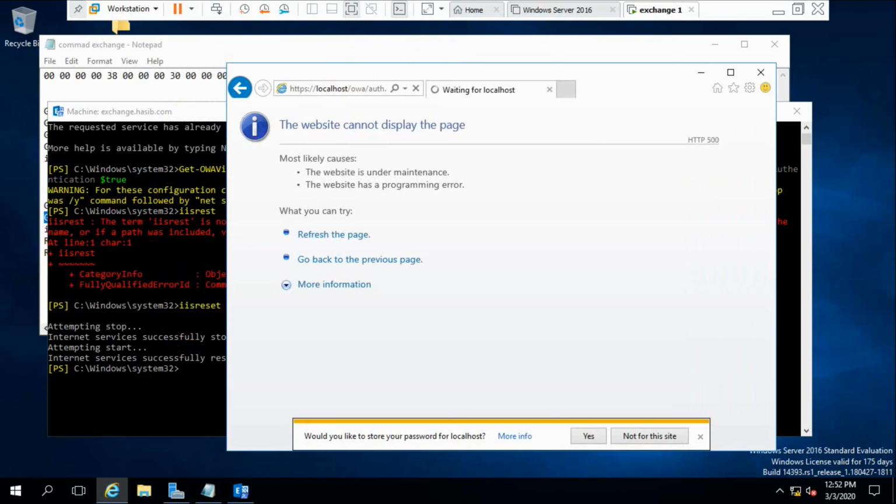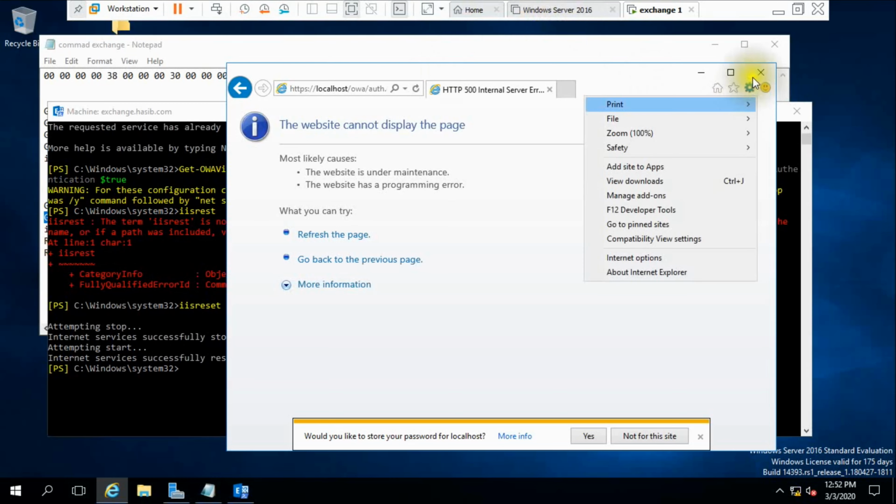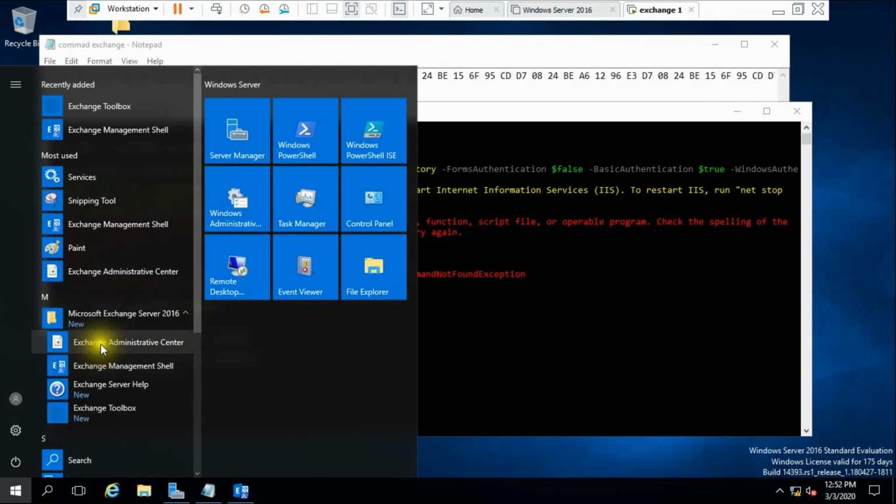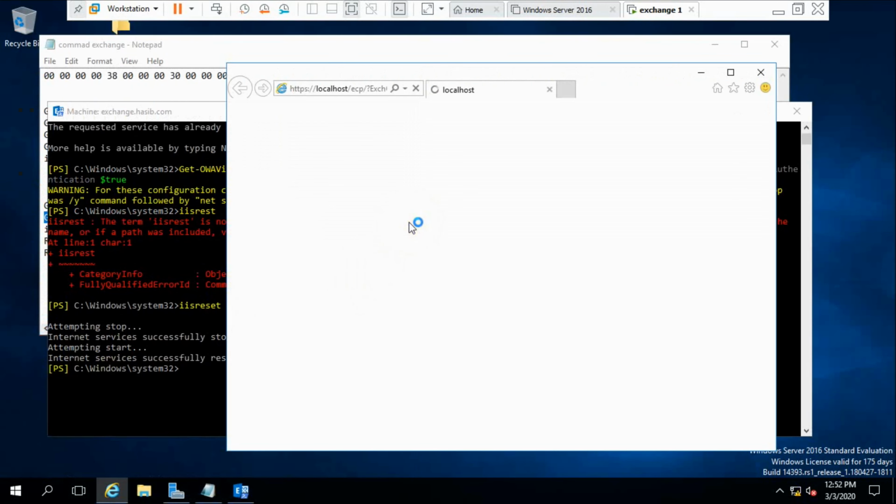First, you can just refresh the browser. If it doesn't respond, just close the browser and open it again.